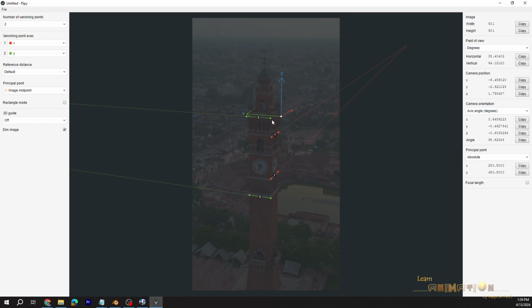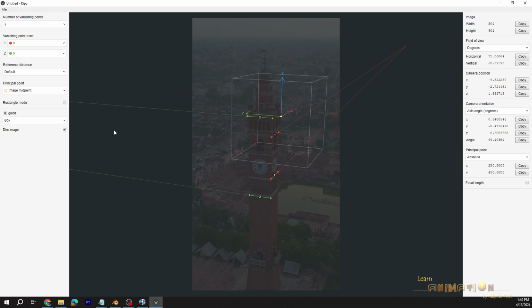We have to be very precise, because only if you match this image nicely will you get the perfect camera. So you can see I am matching the vertical and the horizontal both in the image. Now to cross check, here you have an option.